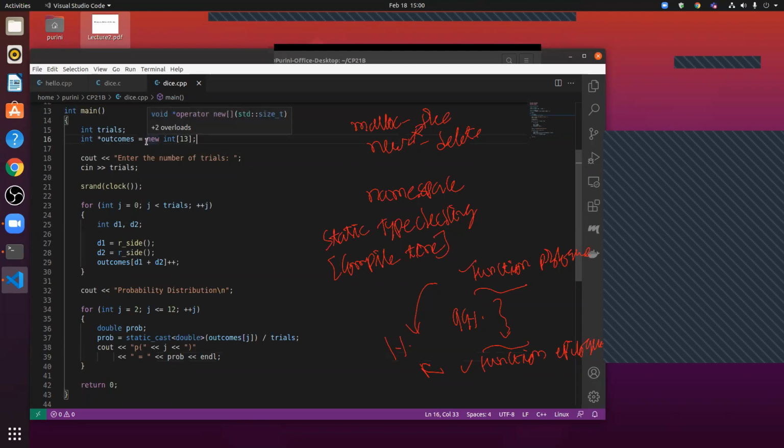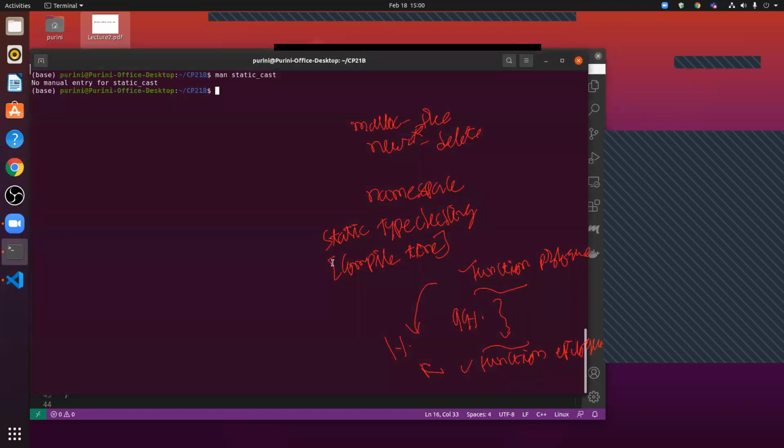New is a function, new is not a keyword. We use new to do the allocation. Are you with me? cin greater than trials, it will only read integers. Yes. Shall we compile the code?